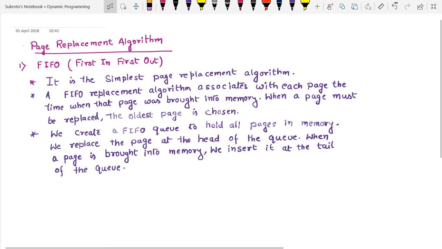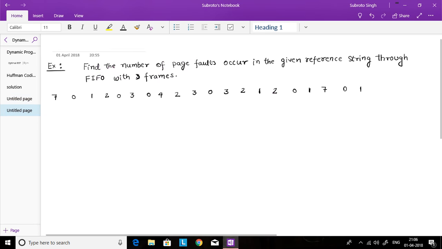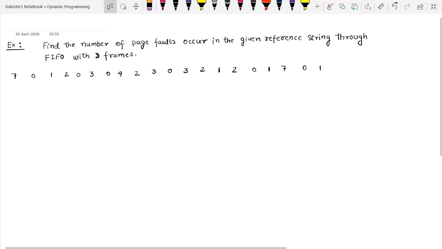Now we understand this page replacement algorithm through an example. So here is the example. In this example, we are going to find the number of page faults that occur in the given reference string through FIFO with 3 page frames. So the first 3 references, 7, 0, 1, cause page faults and are brought into these empty frames. So first 7,